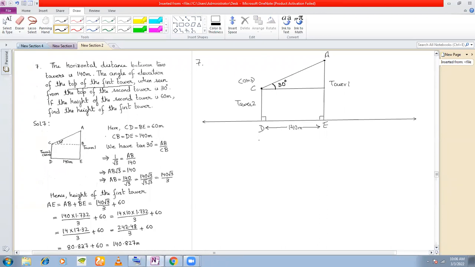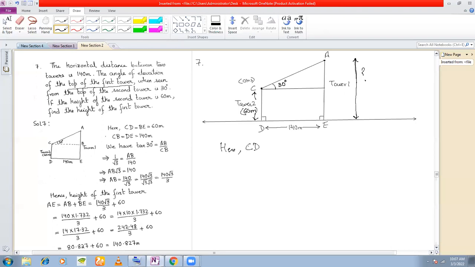Now if you see, the third sentence says the height of the second tower is 60 meters. So this tower, the height is 60 meters, right? Question is, find the height of the first tower. You need to find out this distance. This is something that you need to find out, right? So how do we proceed to find out? Now see here,